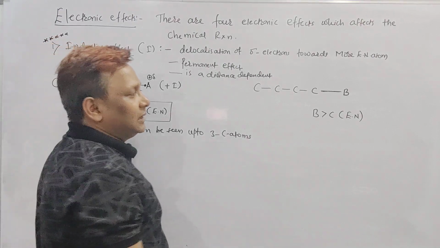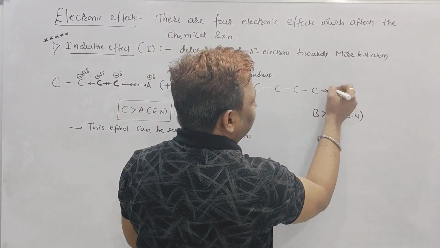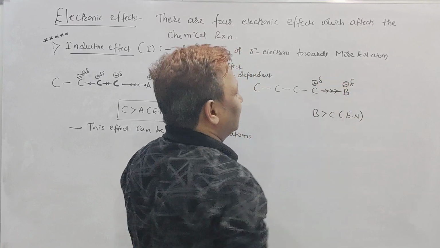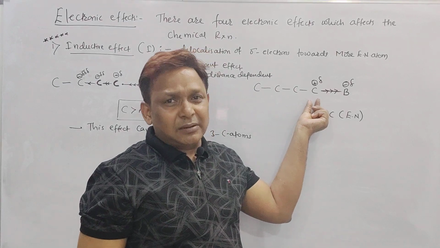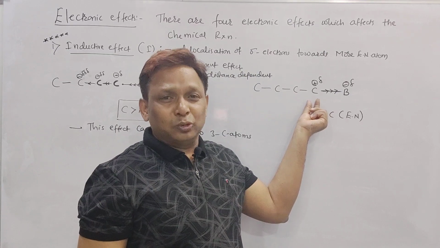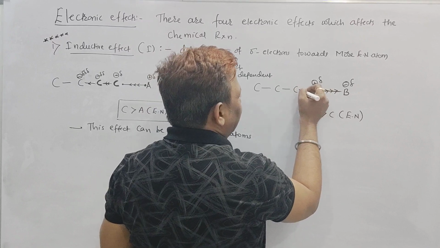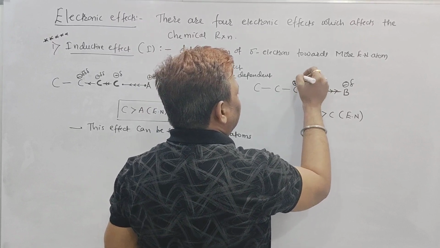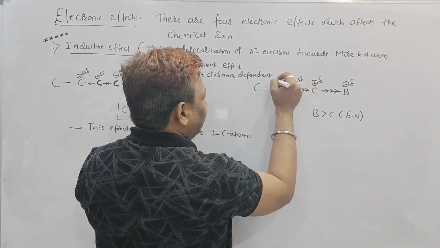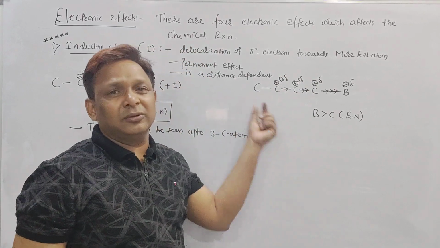This is the inductive effect. Now see, electronegativity of B is more than C. So B will pull the electron from C. B will get the negative charge, C will get the positive charge. Now initially C has its complete octet. Now by losing an electron, C will get less than an octet. So to complete its octet, C will take the electron from the neighboring atom, from this carbon, right? And this will get one more delta charge. But to complete its octet, it will take the electron from the neighboring atom. It will get one more delta charge. But after this third carbon, that effect cannot be seen on the fourth carbon.